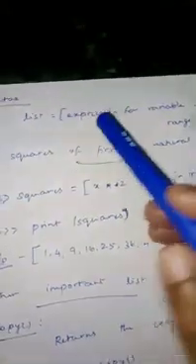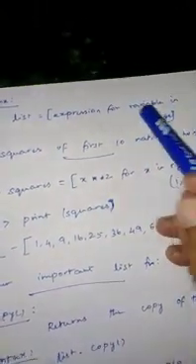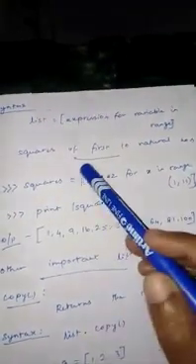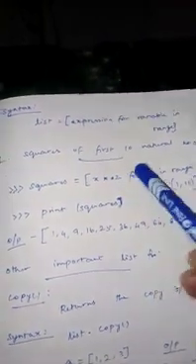What is the syntax for this? List is equal to expression for variable in range. Here you can give the condition, for example, for i in range. You can give it like that. The same thing, the squares of the first 10 natural numbers, you can try like that. Very simply, easily you can give it. squares is the list name, equal to x power 2, which is the step I am doing, for x in range 1, 11. The same work can be done easily using list comprehension.